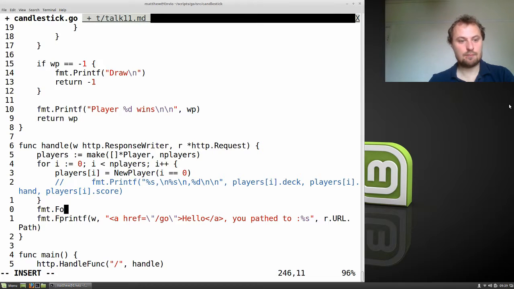Fprintf. So this is printing it to our writer interface, whatever comes in as the response writer interface even. And we'll call it header 1. We won't even bother with the header 1, just put it in a paragraph, I think. So this is HTML for a paragraph of text. Doesn't need any more than that. And we can just quickly put in here, please choose a card, and then